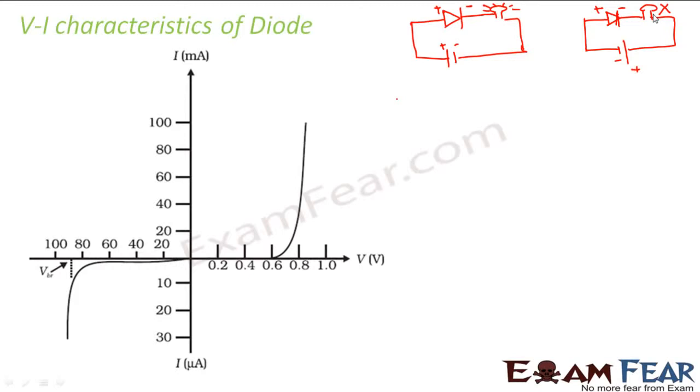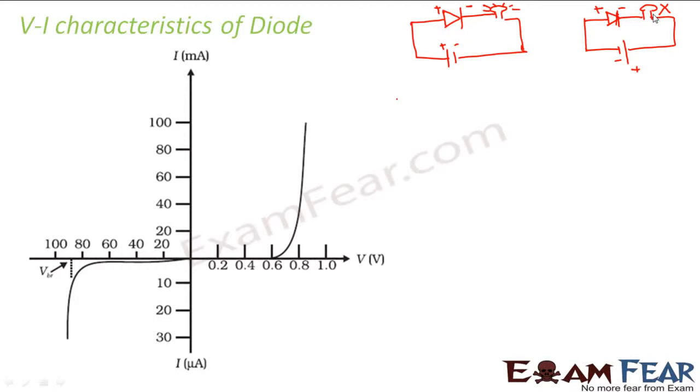That means the diode can allow current to flow only in one direction. When it is connected in forward bias, it will allow the current to flow, but if it is connected in reverse bias, it will not allow. Right? So that is how the unidirectional property of diode comes into play. It is because of forward biasing and reverse biasing. Now let us talk about the voltage current characteristics of a diode.